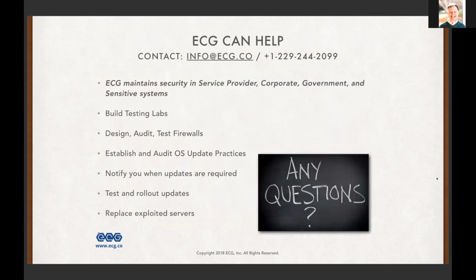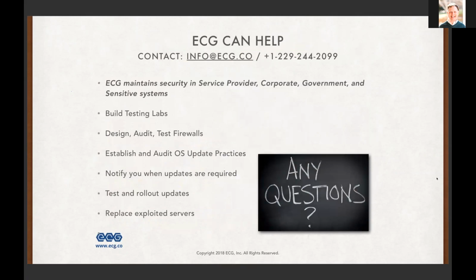So this is the kind of work that we do, and we'll be glad to talk more about this or help you design a strategy that's going to work for what you are doing. We do this in the public and private sectors, including sensitive systems where this kind of thing is important to the life and safety of a lot of people. And so we can help you with building the testing labs